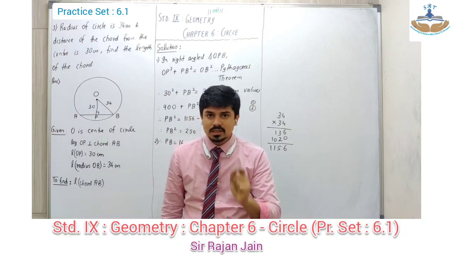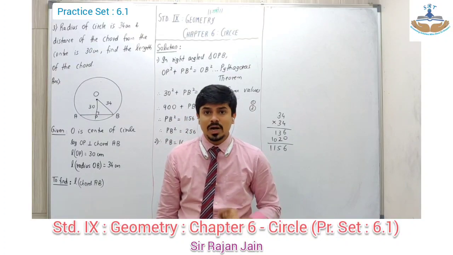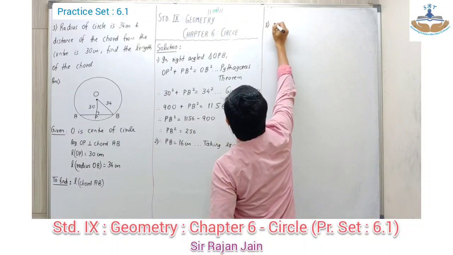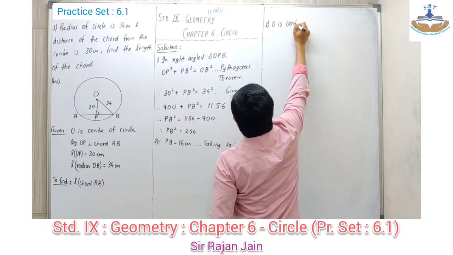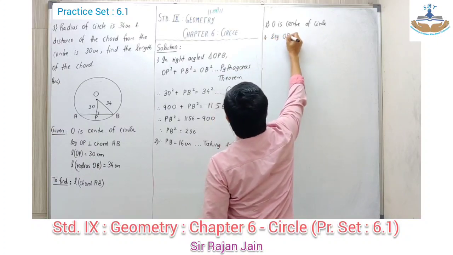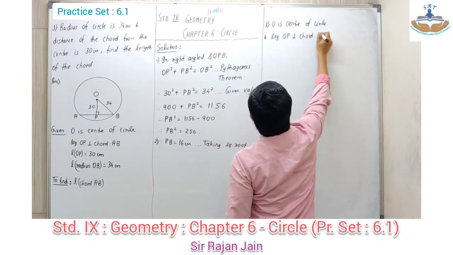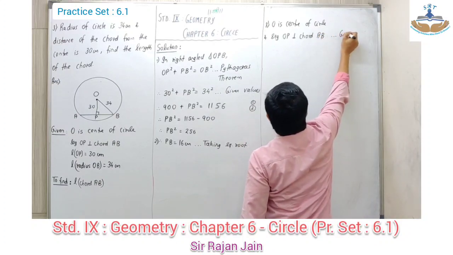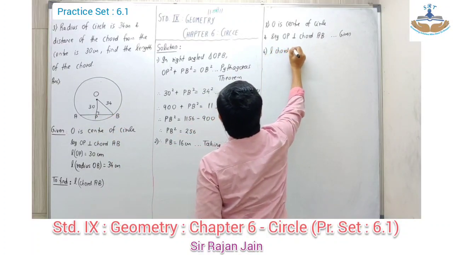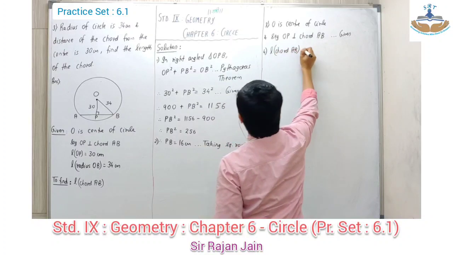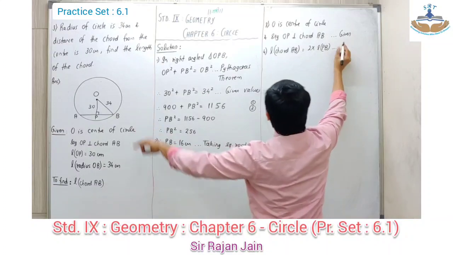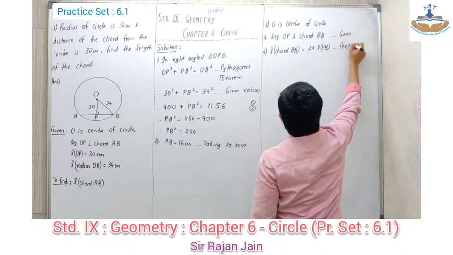So basically you are using the theorem: perpendicular drawn from the center of the circle to the chord bisects the chord. So वो theorem का पहले में condition लिखेगा and then I will write the conclusion. So condition में I will say O is the center of the circle and your segment OP is perpendicular on chord AB. This is what is given. And now because you want the length of chord AB, I will say the length of chord AB is equal to 2 into the length of PB. मतलब it is double of PB.